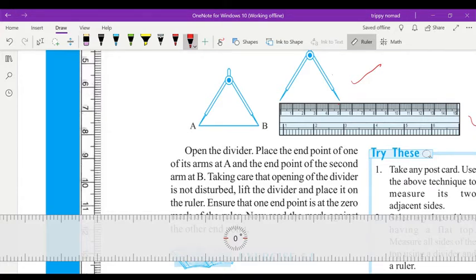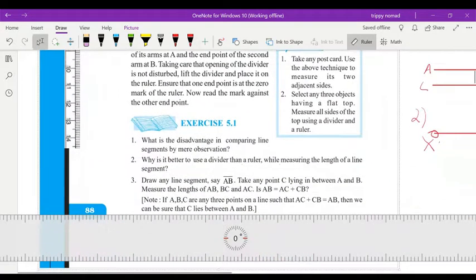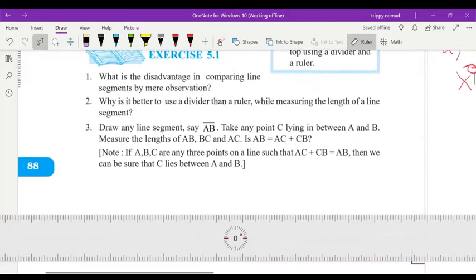So this is the reason. I was explaining earlier, but this is how you will write the answer. When you have to measure the length of a line segment, while keeping the scale on the line segment, some error may occur. Why? Because of the thickness of the ruler or the lines or the divisions drawn on the ruler. So it is better to use both a divider and a ruler to measure the length of a line segment. So you have to write the answer like that.